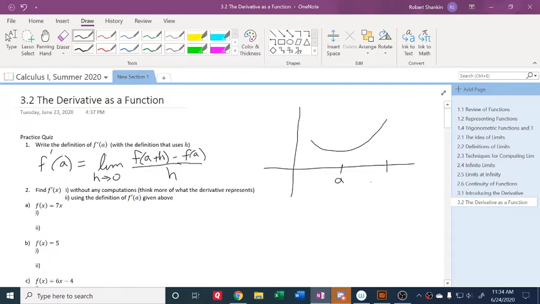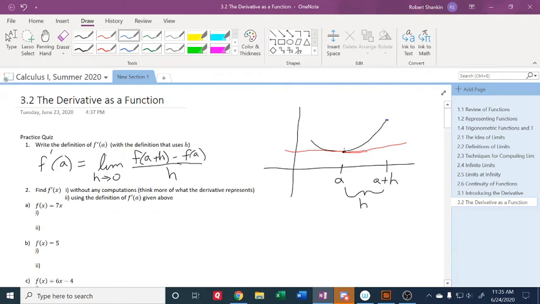If that's A, then over here is A plus H, and it's this gap from here to here that is H. And as you make H smaller, it brings the second point closer and closer to the first point. What we're trying to get is the instantaneous slope. Right here. Trying to get that. But what we will get is, at first,